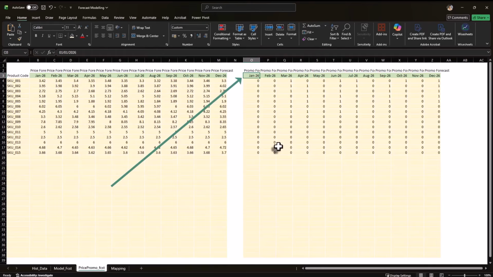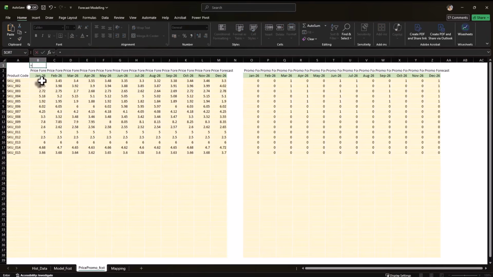So we want to make sure that our xmatch function not only returns us the column location of January 2026 alone, but it also looks at the metric that we are talking about while picking up the column reference. To solve this problem, we'll do something similar to the combo lookup, which we learned about earlier. I will set up a combo of price forecast and the period name here on the price and promo forecast sheet